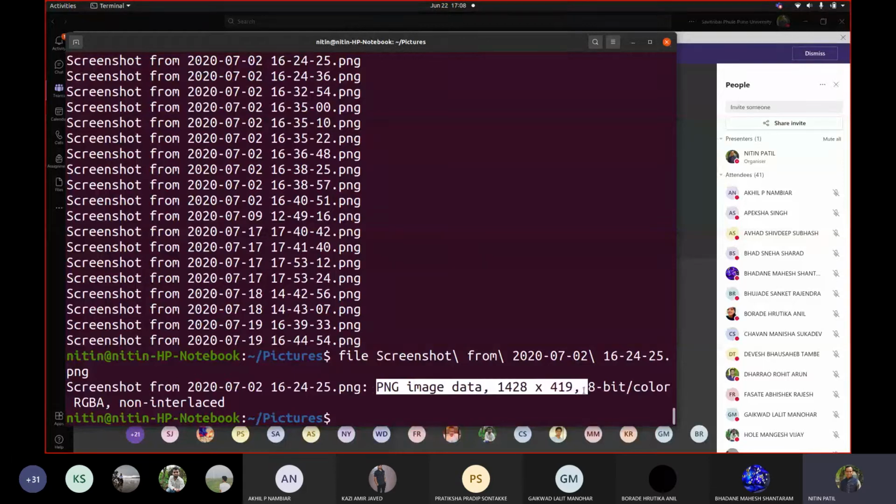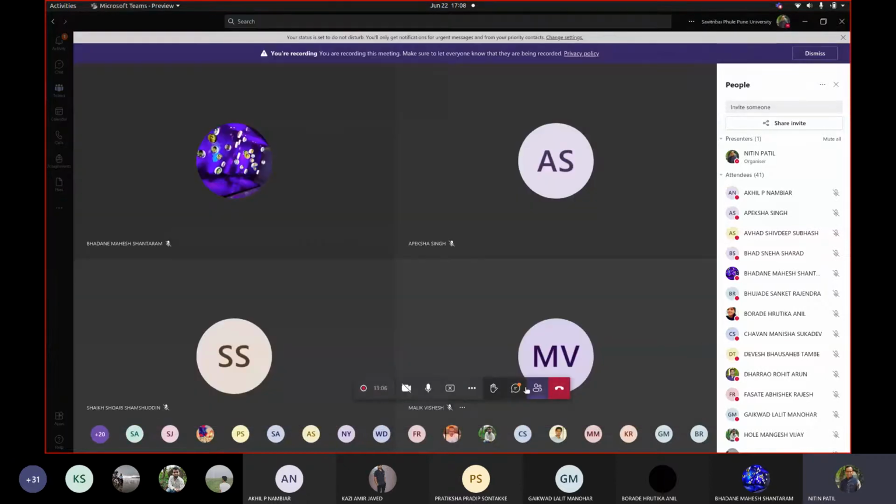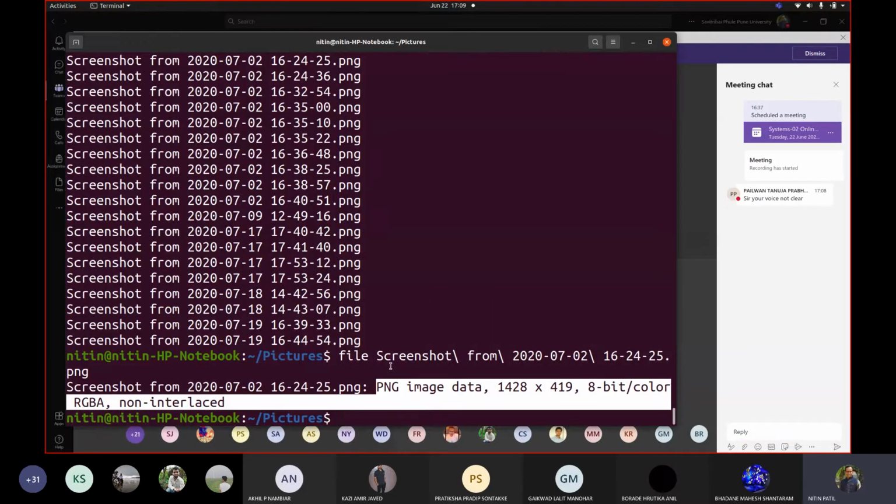Its details are also picked. So how exactly did it pick that? It is basically from the contents. Whatever file we pass as a parameter, it checks the header of the file and gets this data.